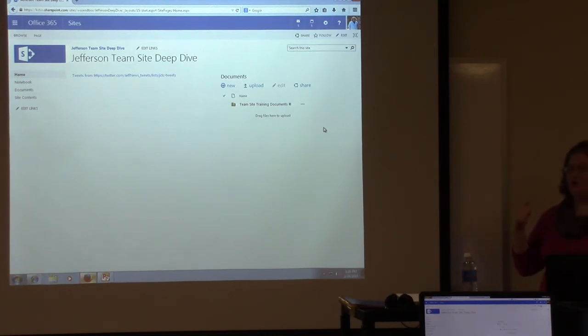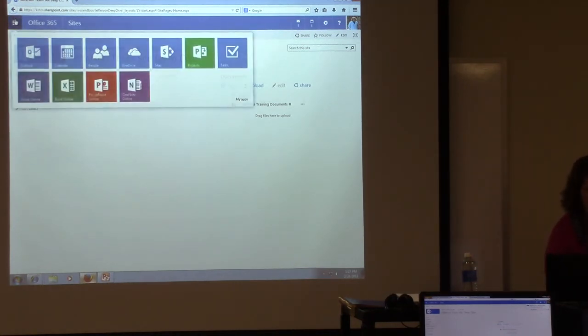Basically what this is going to do now is if you need to navigate into Outlook or you need to navigate into your calendar, you can always get back to this by going to your site's landing area. So if I go to the app launcher and go to sites,